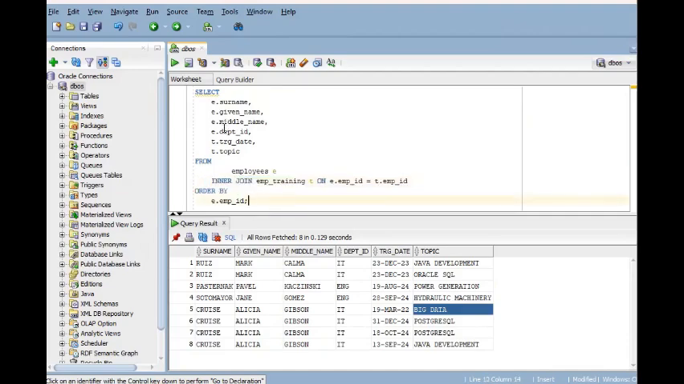Okay, we can see some telltale signs of this being ANSI syntax, like we have keywords like this inner join and this on. These are examples of what you would use in an ANSI style syntax. Okay, let's look at another example, which is